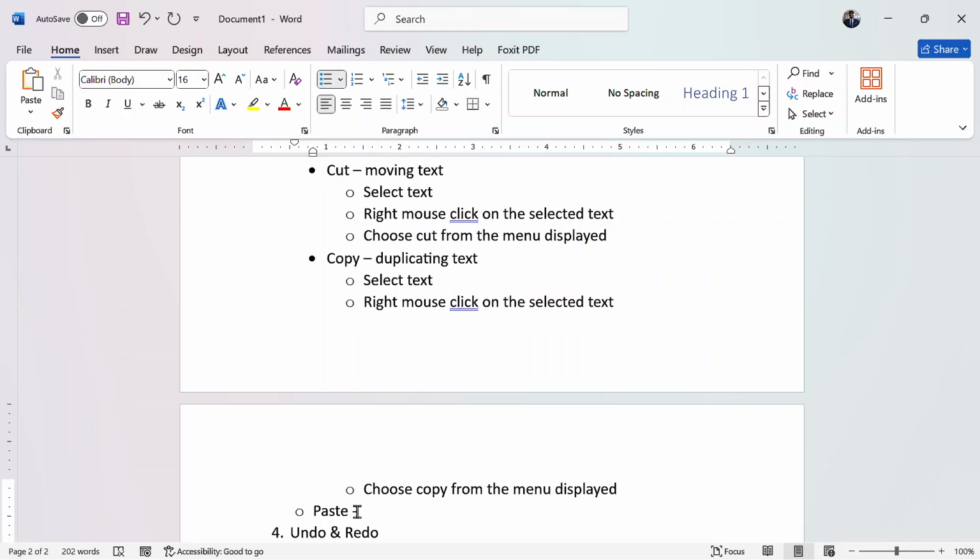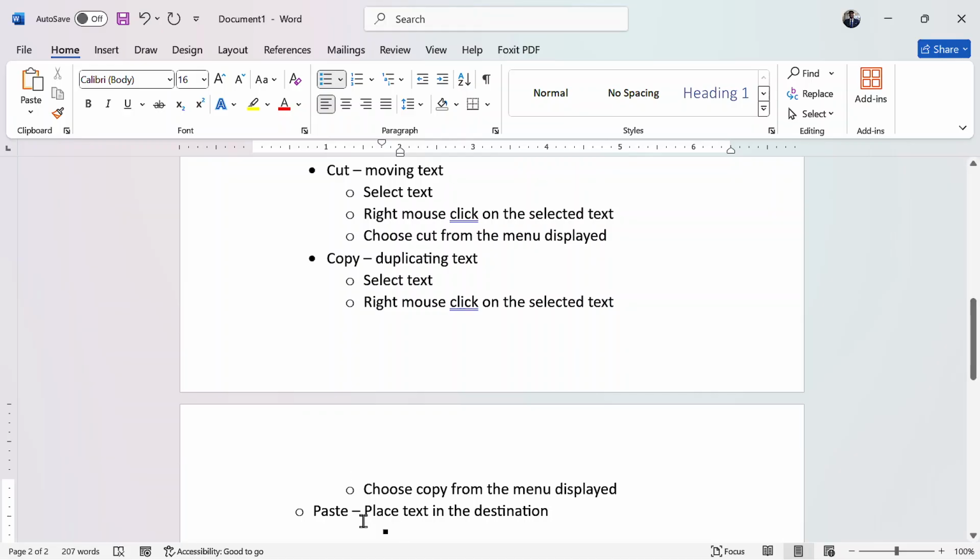Paste is to place text in the destination. So when you want to place text in the destination, that act is called paste.